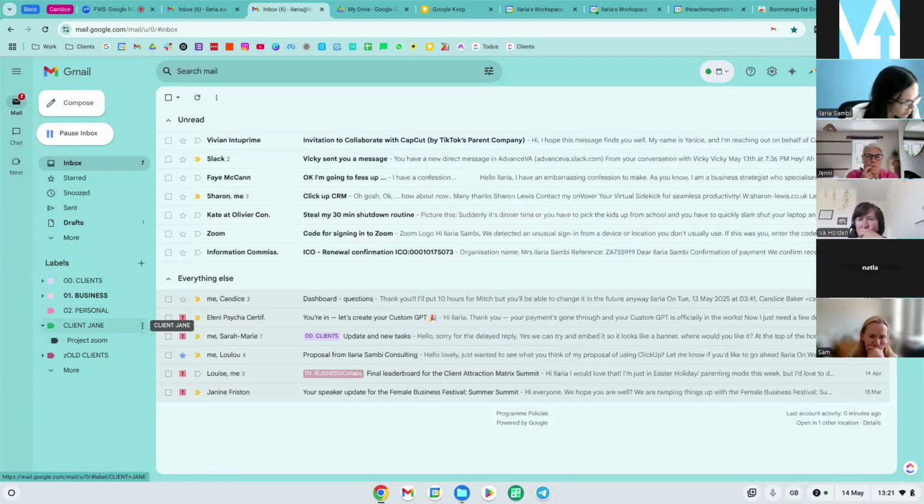Let me just check my notes to see if I'm doing everything. Yeah. So you can automate this organization. You don't have to. I like to do it manually because, as I said, I'm a bit of a control freak. I like to have the control. I don't like things to go automatically here because sometimes I might forget. So I like to have everything I need to action. For me, my signal that I need to action it is that it's in unread form. So I know that this is stuff that I haven't looked at yet.